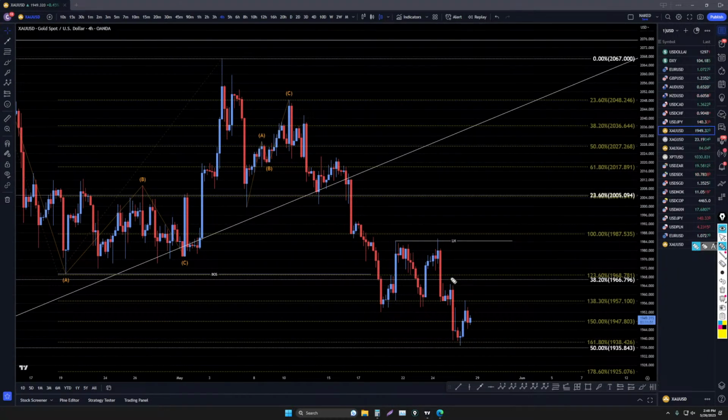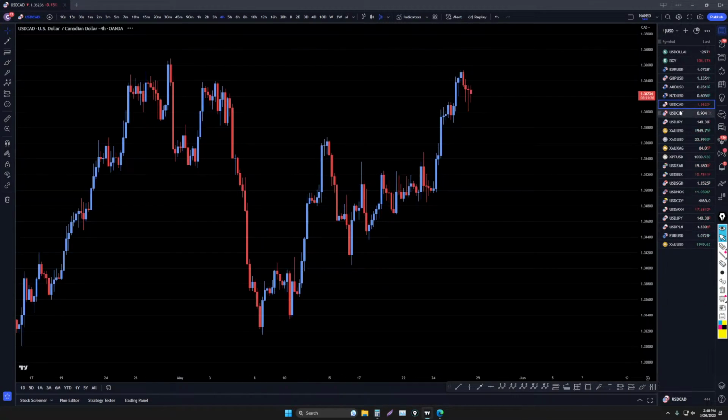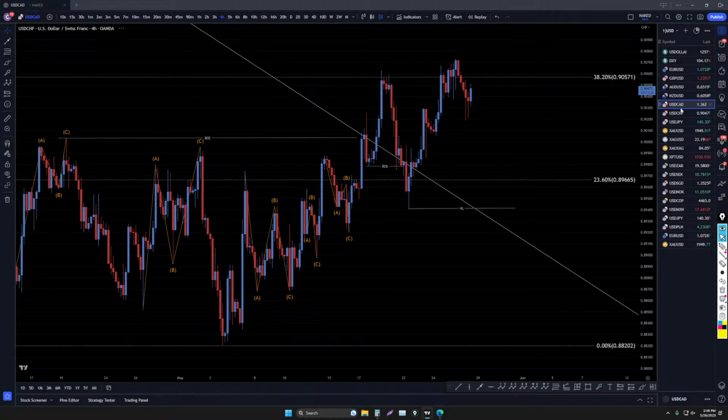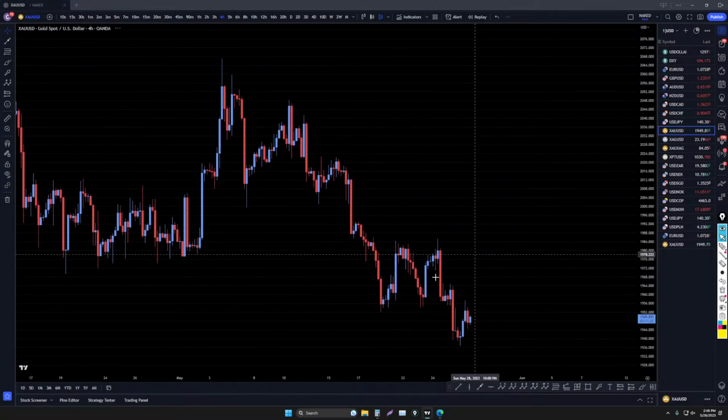So going down to the 4-hour time frame, we definitely have a turn up right here. I think there is possibly a chance this could go up and take out structure, but until it actually does that, I am definitely going to continue to look for shorts in a downtrend. Yeah, I don't know. There's really no good answer. The US dollar Canadian, I think, could have been okay too, but it doesn't look like it's... They might still be okay. We'll see what happens at the news in a few minutes.